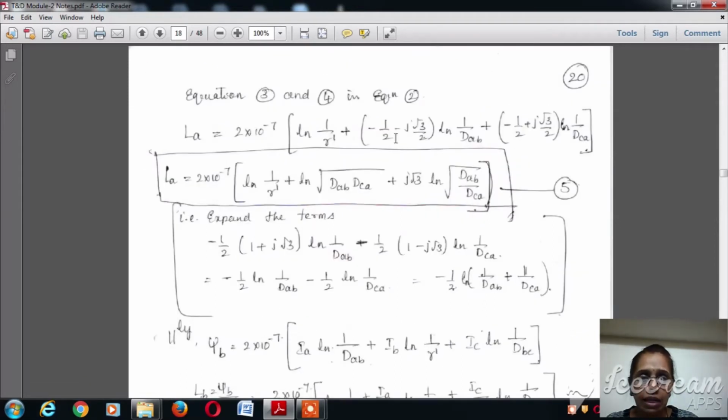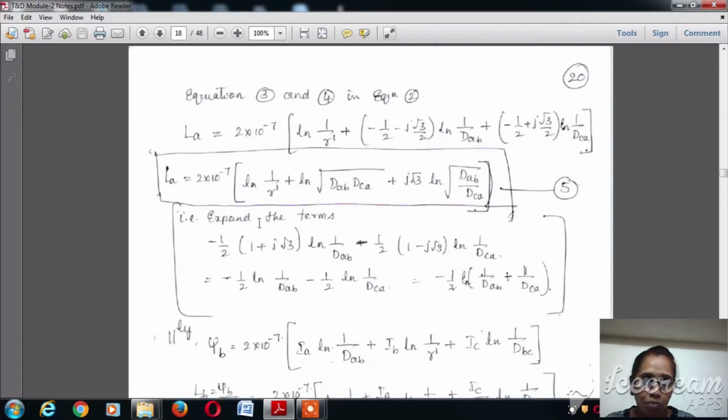Now if we substitute equations 3 and 4 in equation 2, LA is equal to psi A divided by IA, which is nothing but 2 into 10 to the power minus 7 into ln 1 divided by R dash, because R dash is the radius of the conductor A, plus IB divided by IA, which is minus half minus j root 3 divided by 2, into ln 1 divided by DAB, plus IC divided by IA, which is minus half plus j root 3 divided by 2, into ln of 1 divided by DCA. Simplifying the equation, we will get LA is equal to 2 into 10 to the power minus 7